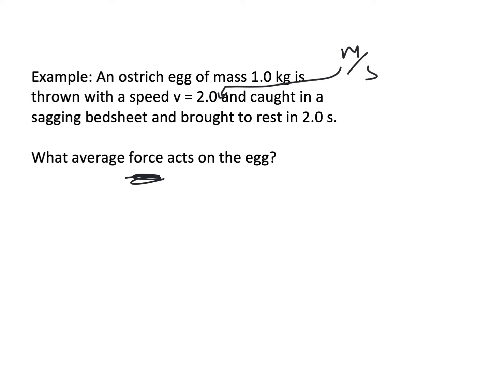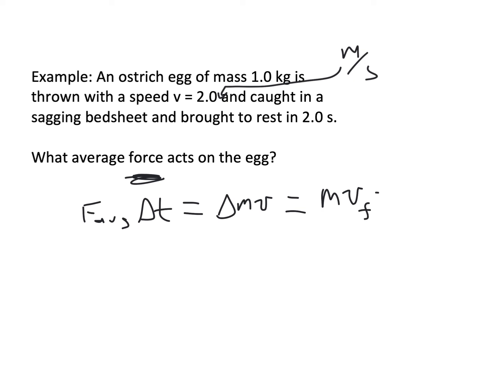And so we know F average delta t is equal to the change in momentum. And what does it mean when we say change in momentum? It means the final momentum, mv final, minus the initial momentum, mv initial. So F average, and I'm going to drop the average and just call it F delta t. We know it means F average. That's going to be equal to the final momentum, which is 0. And then that's going to be minus the initial momentum, which is 1.0 kilograms